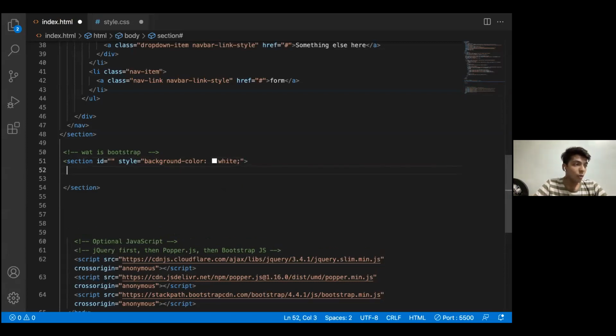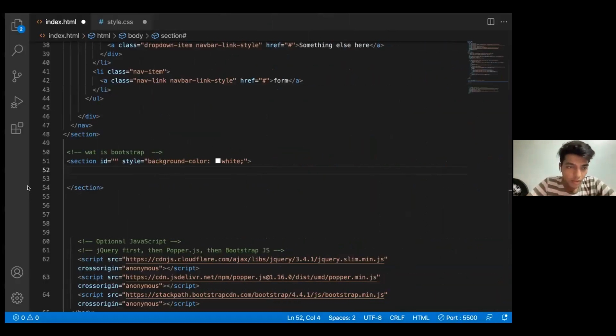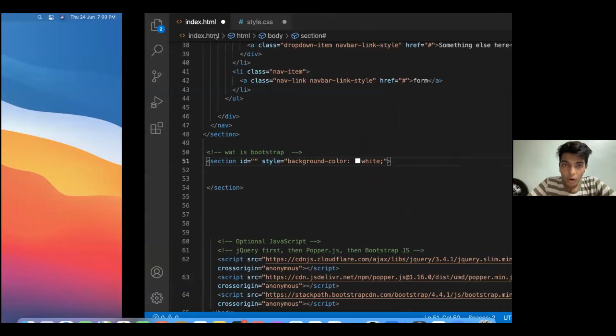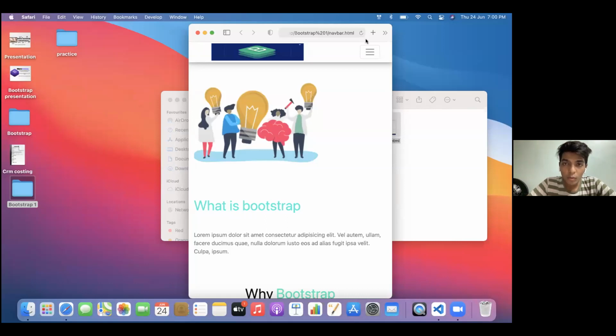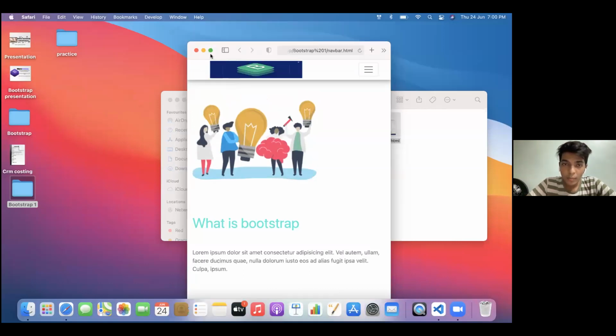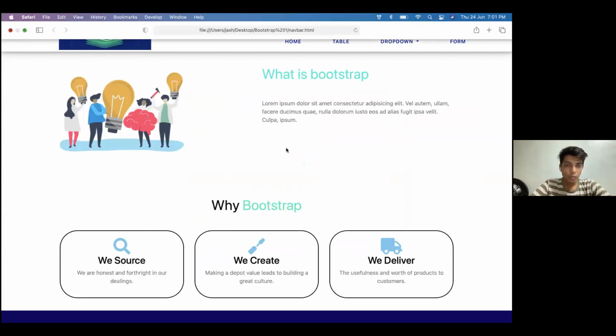The second part that I want to do is the part of bootstrap, the grid system. As we were talking tomorrow, the first part that I'll be using is container, the second would be row, then the columns of specific size that I want to use. As we can see here, I want my image to be in a certain parameter, and I want my what is bootstrap to be in a certain space. So this is something which is presented in column 6. This is something that is also presented in column 6. So we'll be doing that.